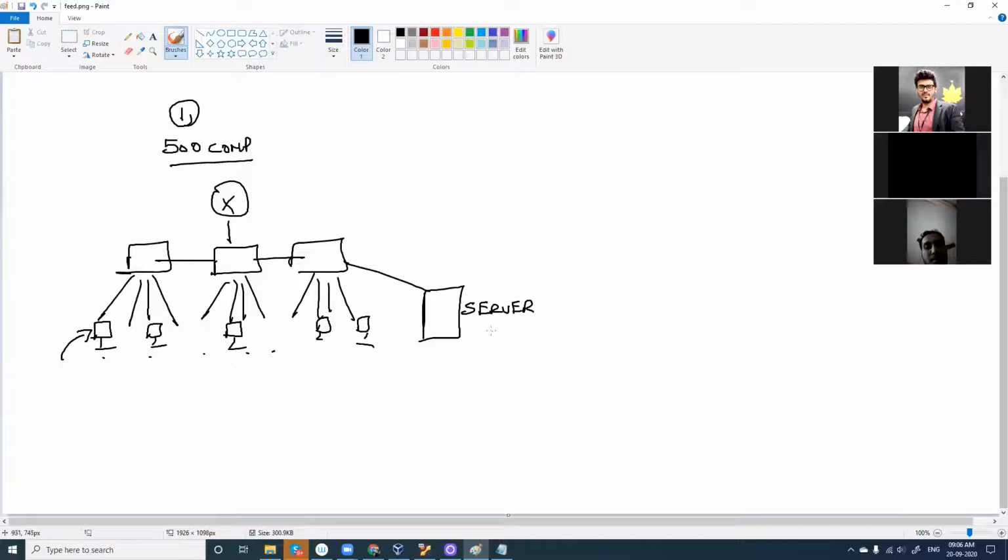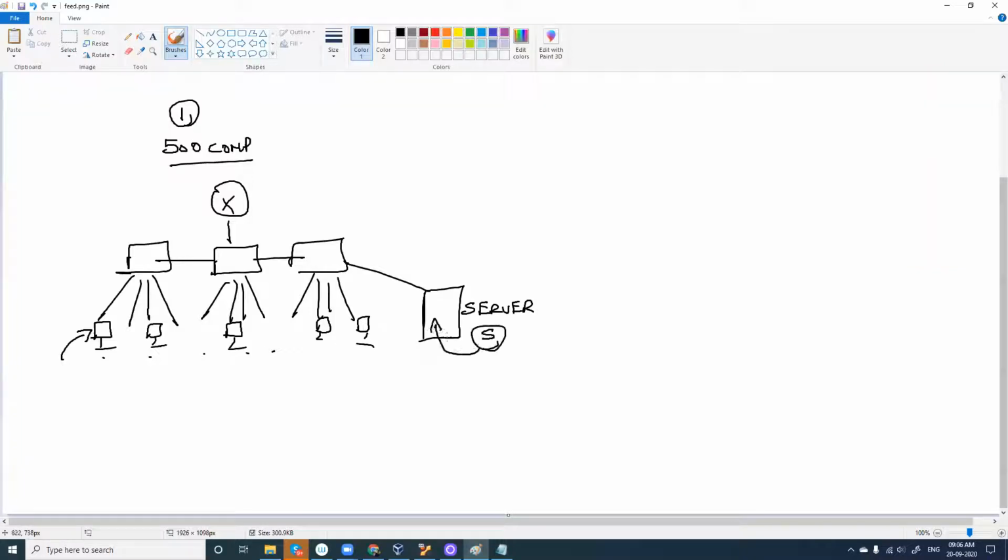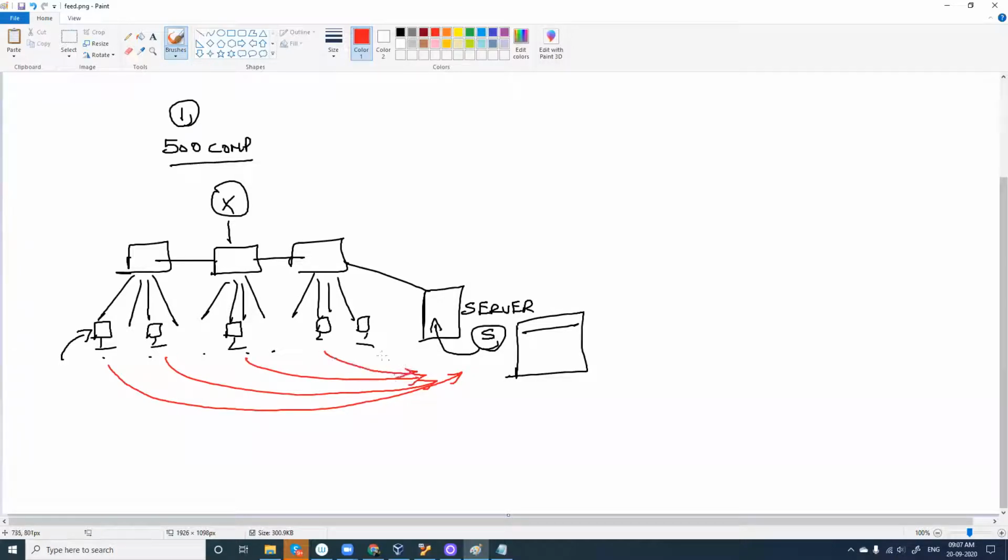In case I have Splunk installed on the server, it can act as a one-stop solution, wherein from this console window, I'll be able to manage, or I'll be able to forward all the traffic from all the computers. All the log files will be forwarded to the server here, and Splunk is going to help me in finding out what type of log files I have, and how I need to work with them. So this can act as a one-stop solution.